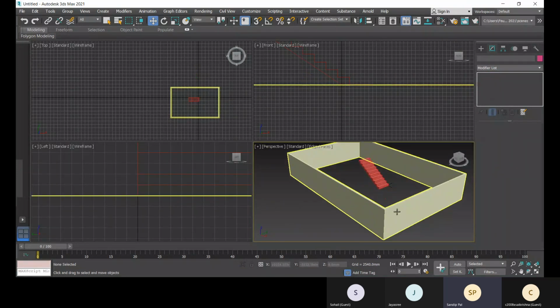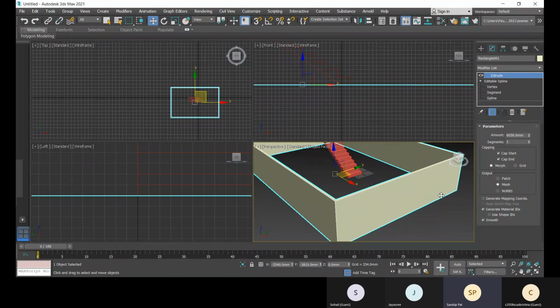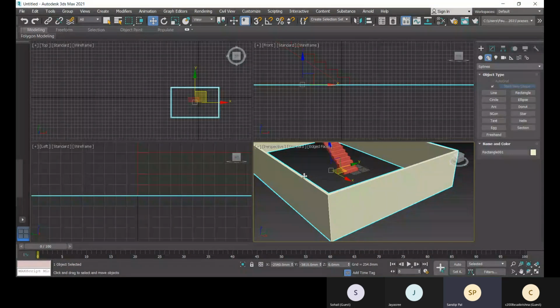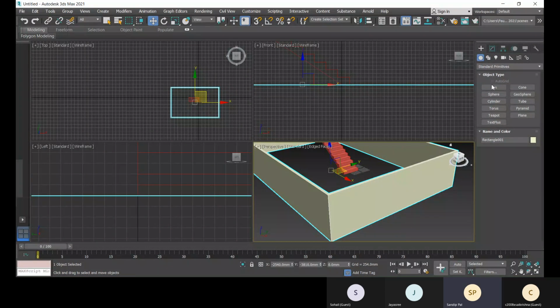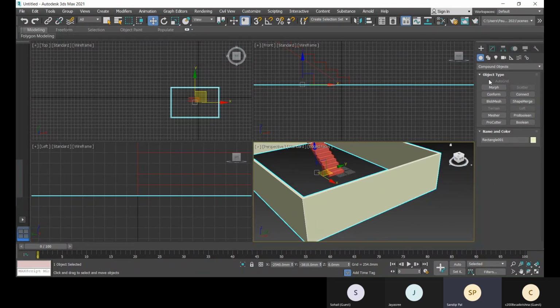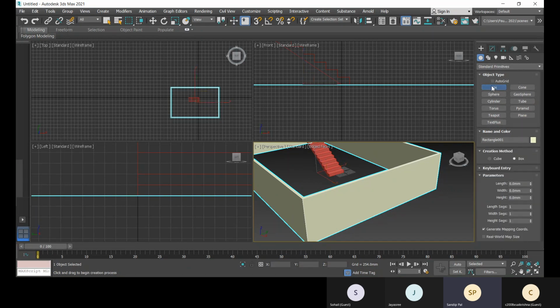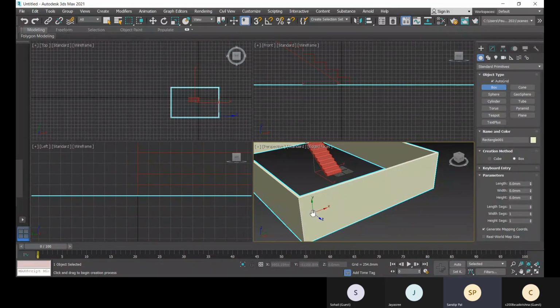Now you can add windows as well. For that you need some cuts. For that we can use compound objects. This ProBoolean option is available for those operations. Before that I should create some box. For that this auto grid should be on, so I can create on this surface.